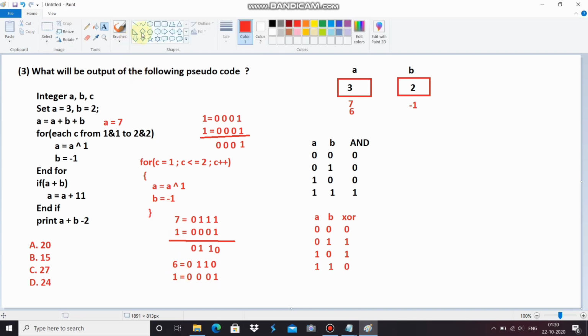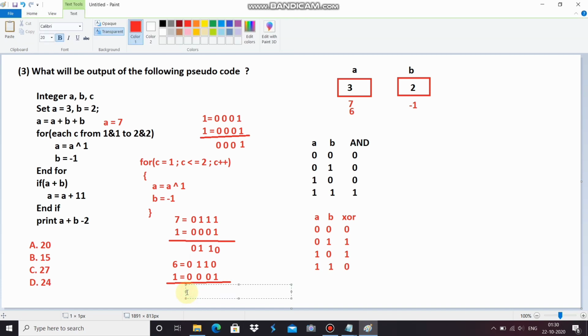And if we operate according to the XOR condition, it will give us some output. It will return 0 1 1.